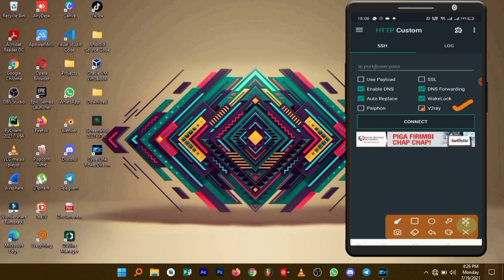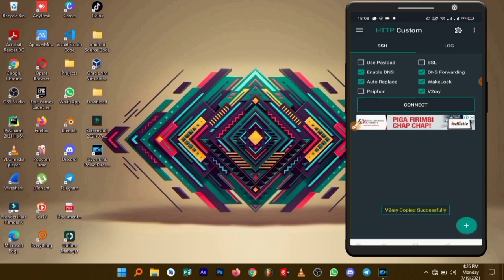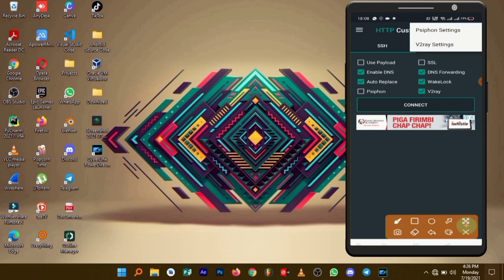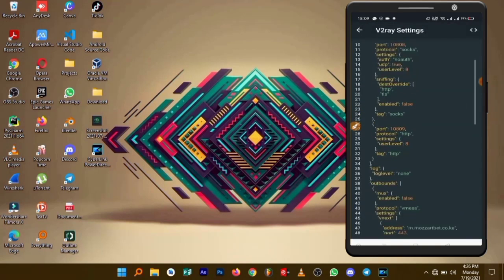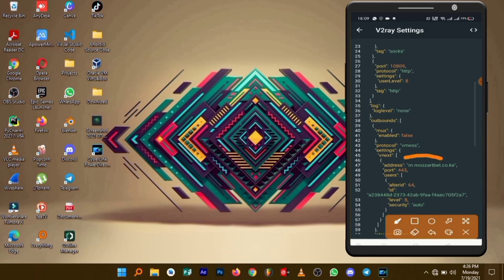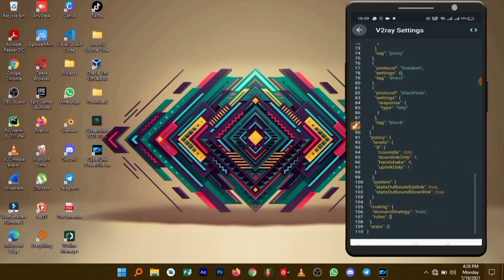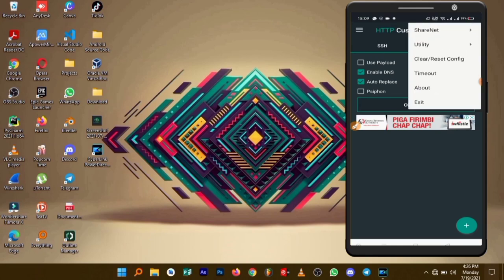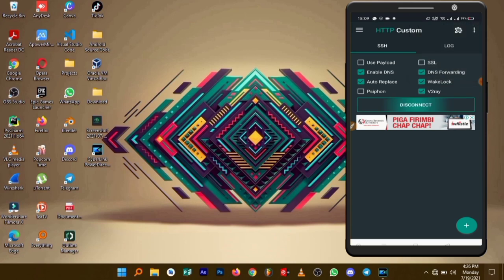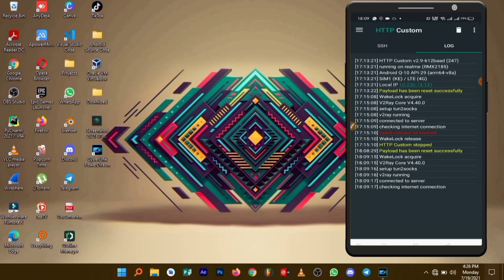Just by ticking V2, you'll see the config. There you go. It will be copied for you. You can confirm by clicking the plugin icon at the top. Go to V2. As you can see, there you go, our host is there. Now we have to go back and connect. Don't change anything. I can just set up the ping so I can see the ping. Connect, scroll to logs. As you can see, boom, there we go, it's connected.